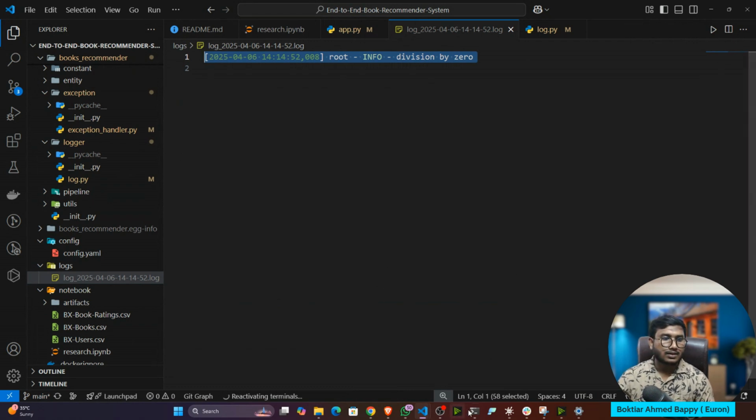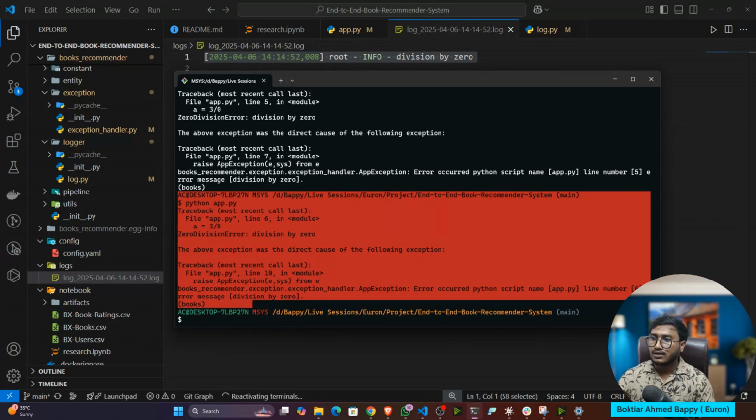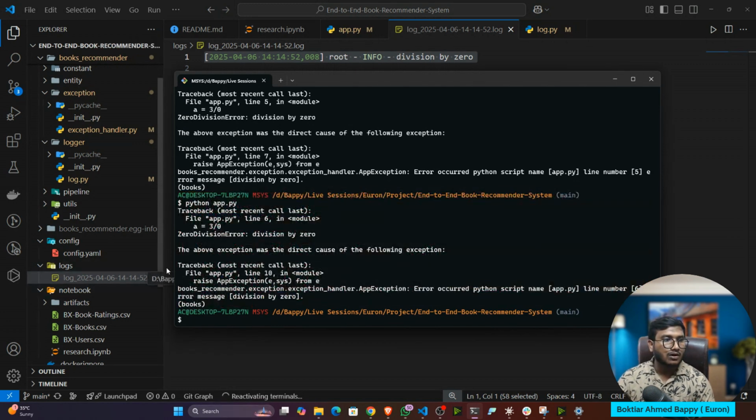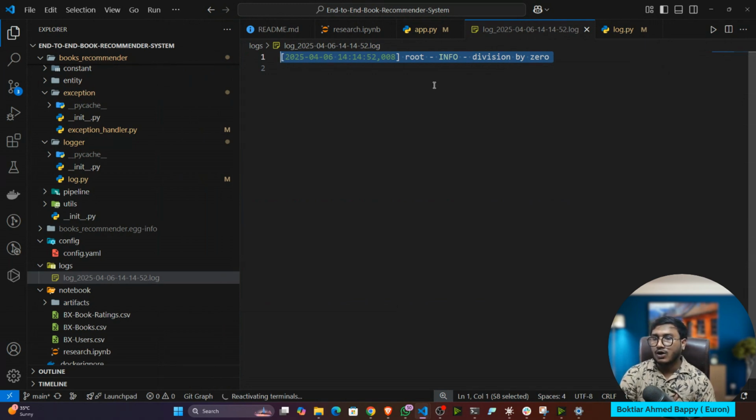That means previously it was giving me output in my terminal, but in a production environment, you won't be getting any kind of terminal. And if you want to identify the log message, the exception, you have to check this log file. It will also give you the date and timestamp at which time and which date it gave you this particular message. Okay. So this is a super important component, guys. For all end-to-end implementations, logging and exception handling, you always have to add.